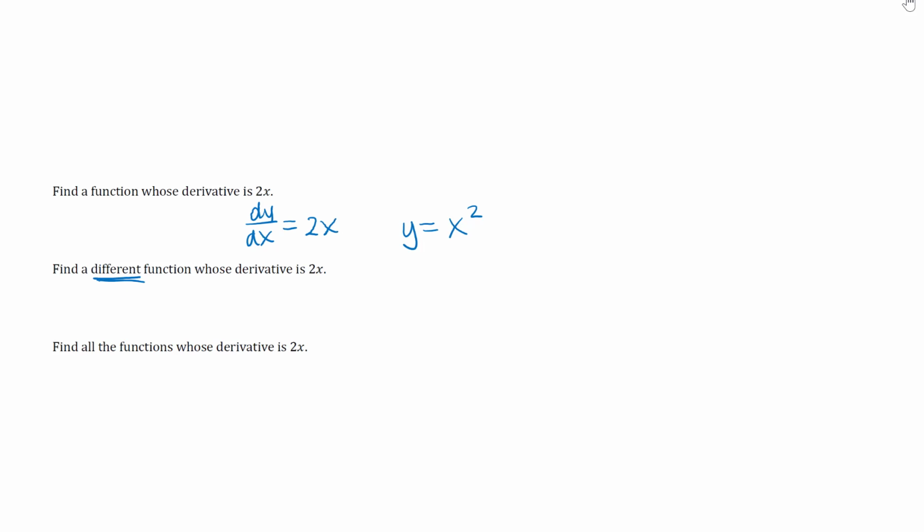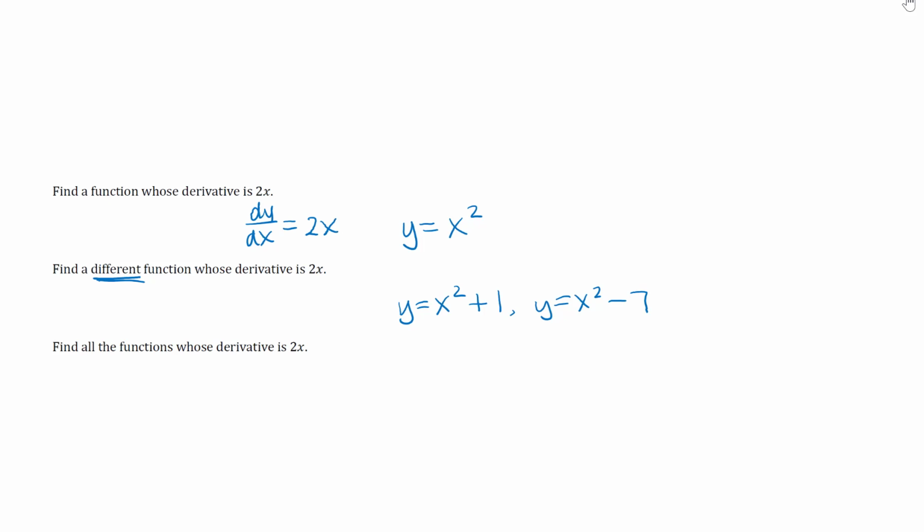So same derivative, but I want to think about what other functions I could differentiate and still get 2x. I have to have y equals x squared in there in order to get the 2x. But then the other thing that I might have is some other constant at the end, maybe a plus 1, or maybe y equals x squared minus 7. And remember, when you differentiate that constant term, its derivative is 0. So there's a lot of different ones I could write down here. Essentially, pick your favorite constant at the end, and that would be an answer